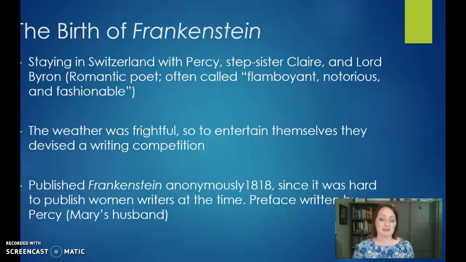And they were all together, and they were staying at this inn in the mountains. Weather was bad, and they challenged each other to write a ghost story in the vein of German-type ghost stories. And so Mary Shelley did, and she actually finished her piece and shared it with her fellow writers, and they